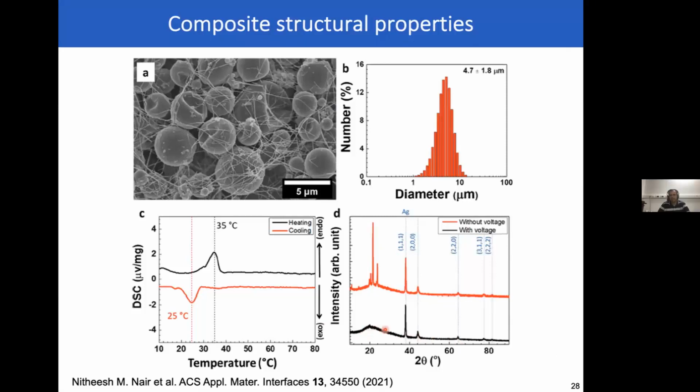So the crystalline particles are becoming amorphous. I know there are reports that even say that there is some sort of incipient melting in these particles, and that's how the phase change happens. We see those changes. These are essentially silver lines at 40 degrees. There's no change in silver because those temperatures are too low for silver to be affected. And there is no chemical reaction between silver and these particles.